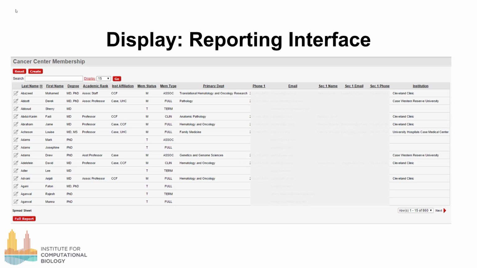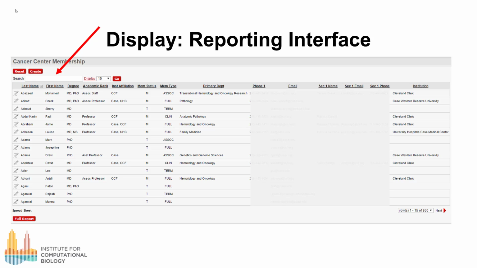Upon entering the application, the first page displayed is the membership table. All pertinent information about a member is displayed in an Excel-like manner. For this example, the table holds 860 members. Clicking on any column heading will sort by that column. We can search for a member by using the search box,